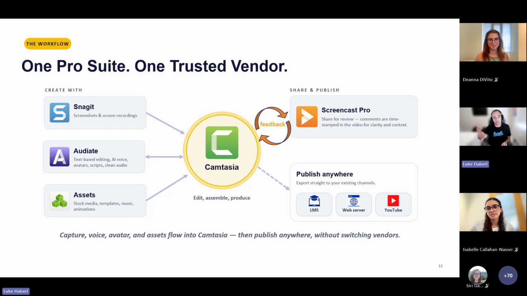Just to show you what's on the screen here, we've got assets for the products. There are free assets out there. We have a premium subscription as well. I'm already talking a little too much. I think I'm going to get into the products. We also have a sharing platform, Screencast Pro, which you see referenced down here. There's an LMS, SharePoint. We do SCORM, all of that good stuff. I see one question. I'll just answer it now. Yes, Audiate can generate avatars.